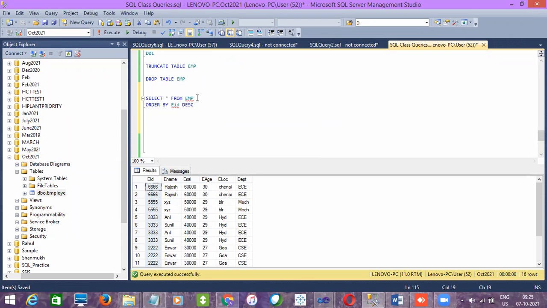And then there is a lot more. See, now let's say with order by I want to filter out department ID CSC. Where should I write the where clause? After order by or before order by?